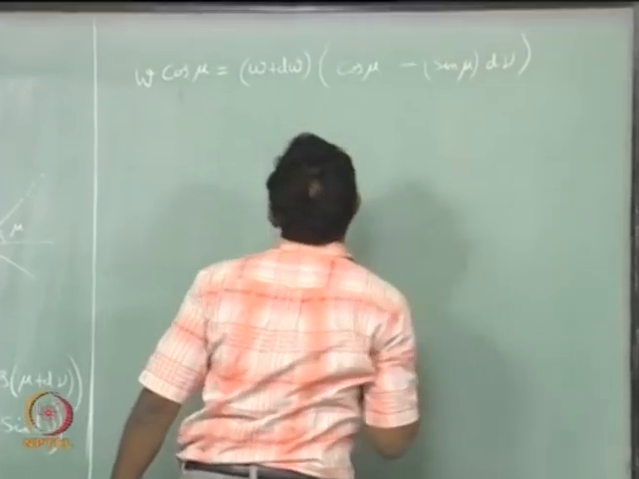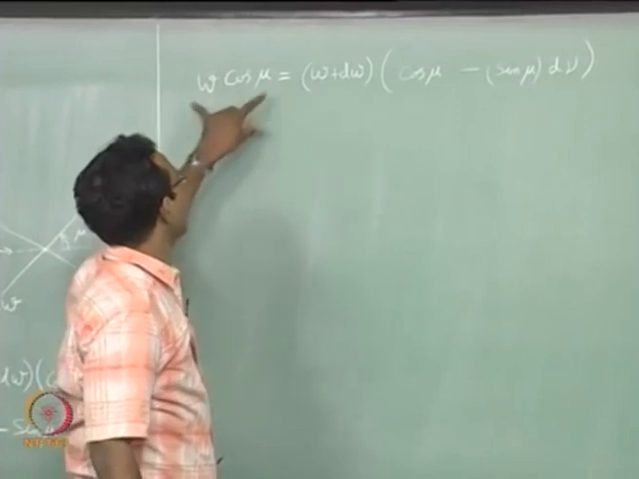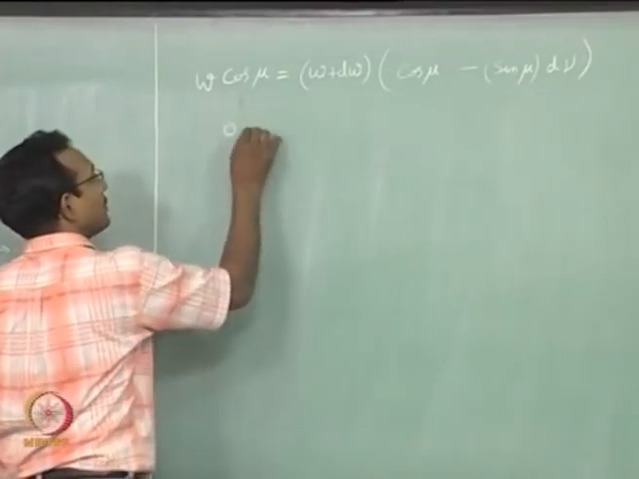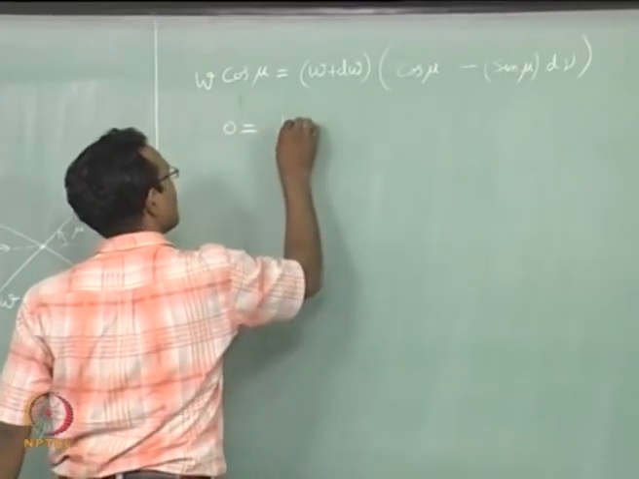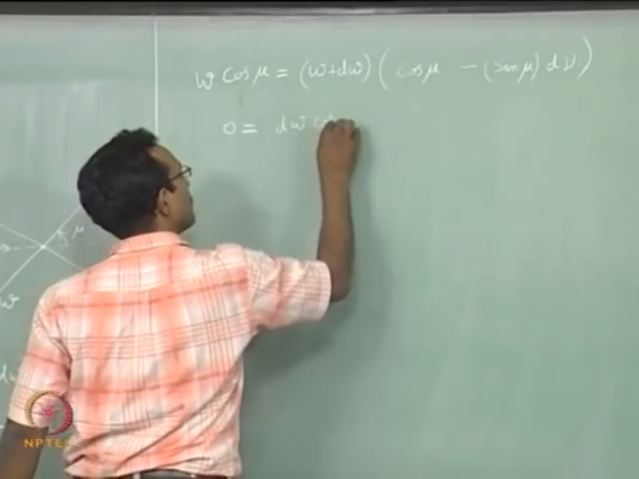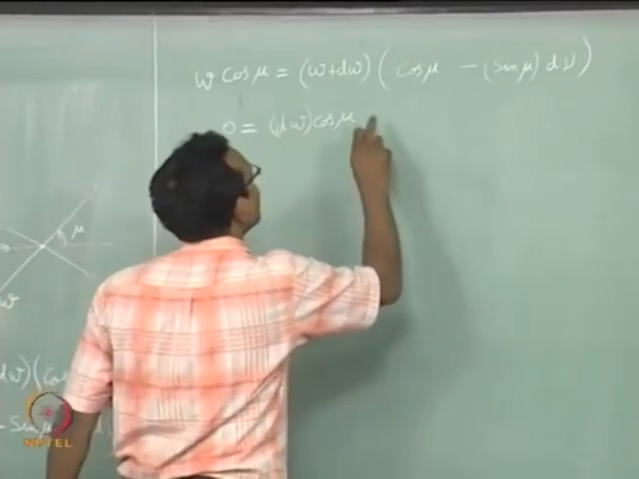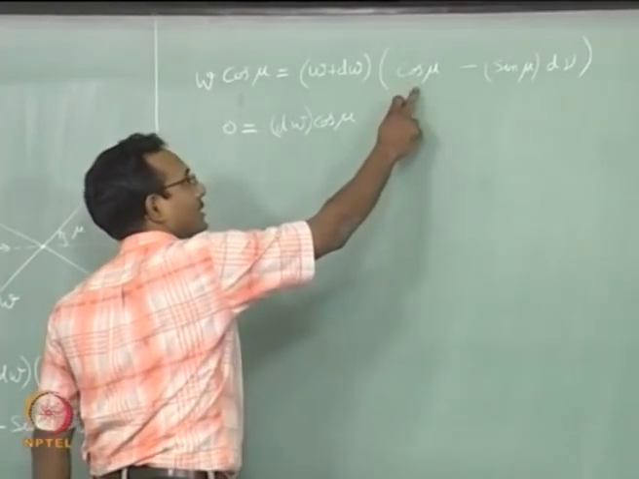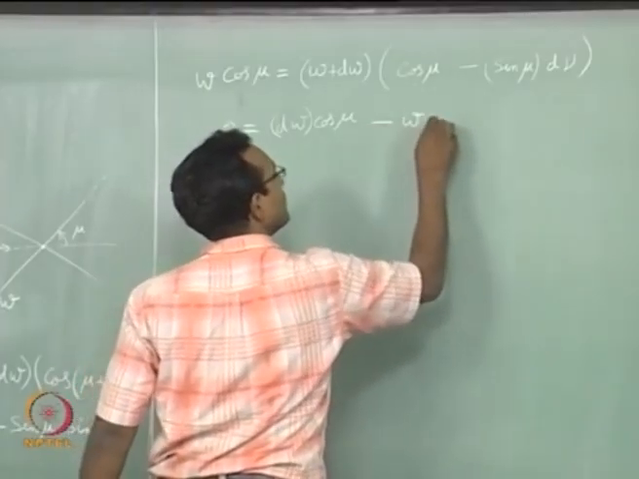This is what I will have. Now, I just directly see that w cos mu will just cancel with this w cos mu. Okay. So, I will just put 0 here equal to the remaining term, which will be dw cos mu. I will put brackets so that we know what we are doing. Now, w and dw were multiplied with cos mu already. Now, I have to take this and multiply with this term. So, I will have minus